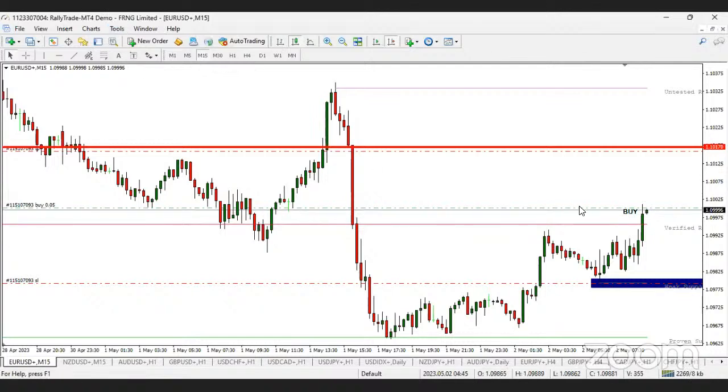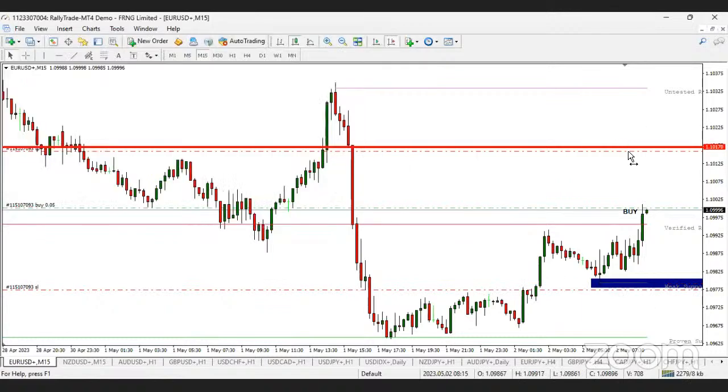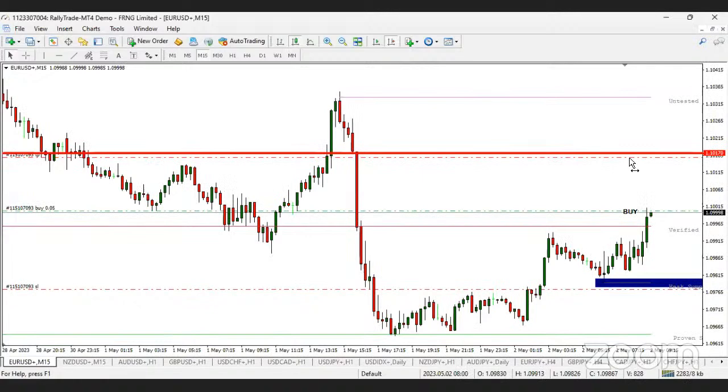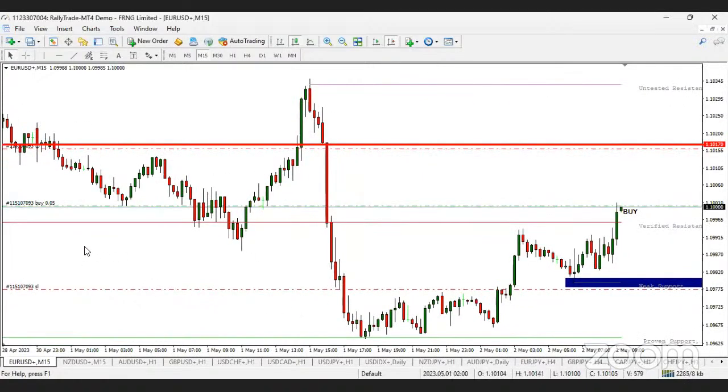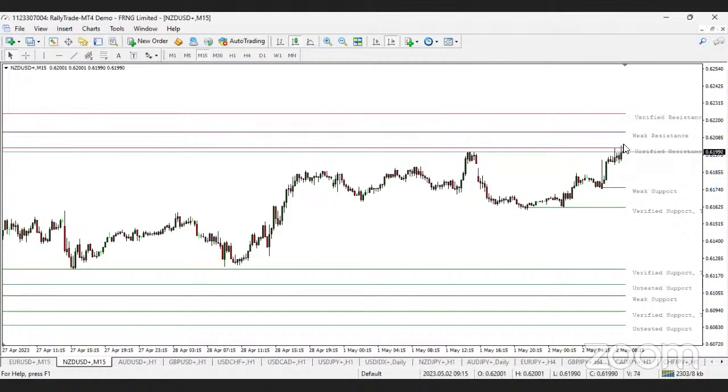So I hope we have all bought now on Euro USD, 15 minutes. Then let's measure below the previous higher low and put the stop loss there, and then TP can now be 1:1. So Euro USD is good for a buy. Let's go on. Next, we're talking about the NZD USD. For NZD USD, we're expecting the same thing as for Euro USD, which is a breakout and retest, or once we see a breakout, that will then